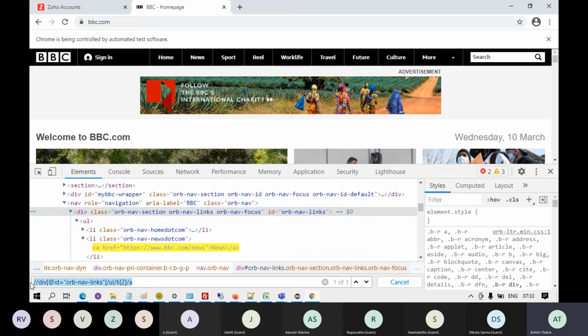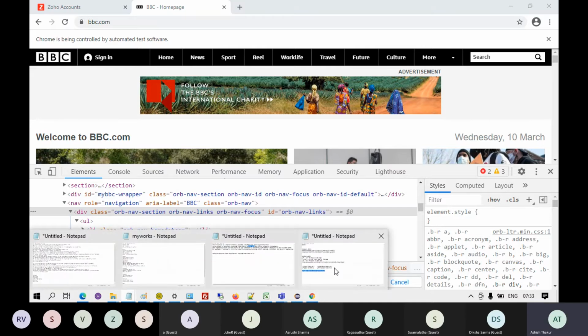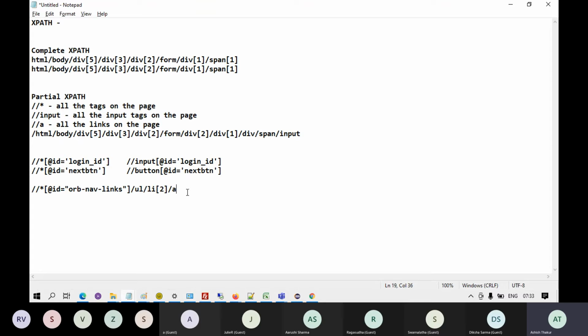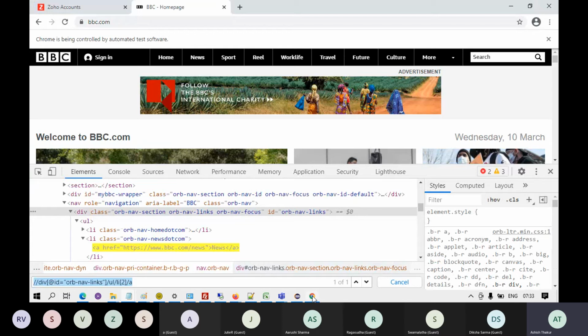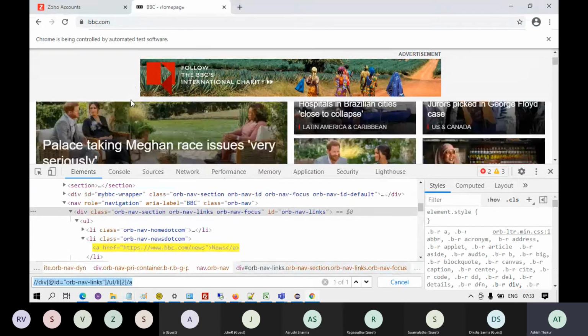Fine. So this is also the XPath. And most of the times, when you don't have an ID of an element, you have to go for XPaths, and Chrome Inspector will calculate the XPaths from the nearest possible elements having an ID.